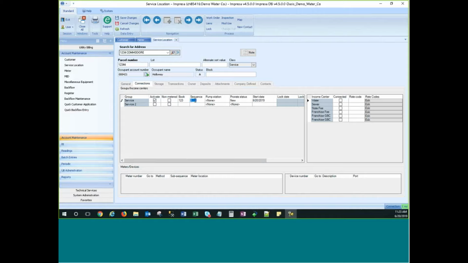And I think the system will actually organize your sequences for you. At some point, I've seen that happen. We can connect a rate code to this if we needed to, but I think just with this active and a booking sequence, it would allow us to add a meter. So I think we have to save first,